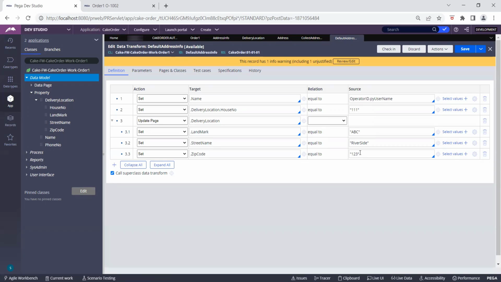But if suppose I set here 1, 2, 3 without inverted commas, it will take it as an integer, right? The property is a text only, so still it will take it as text only, even if I don't give inverted commas. So won't it throw an error? It will not throw an error, but